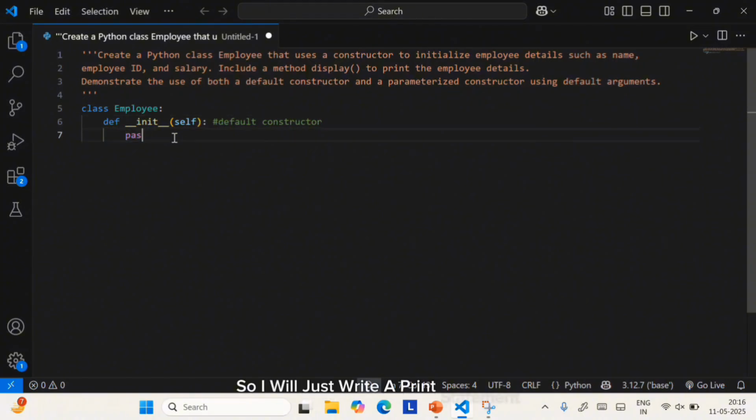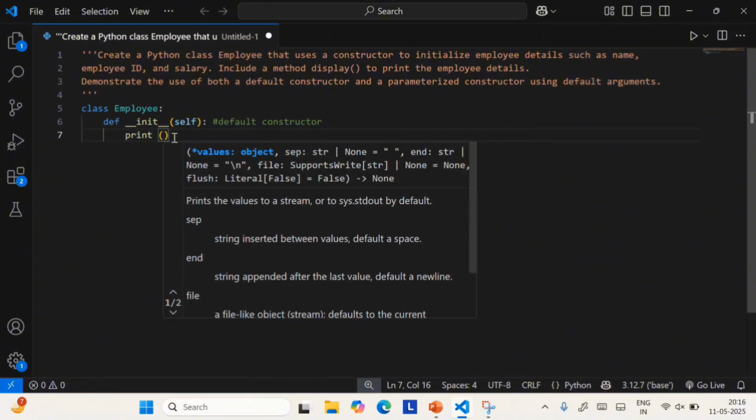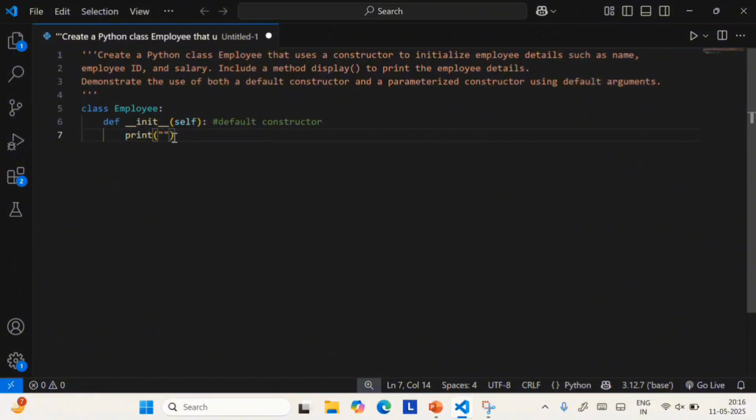So I will just write a print statement: "Default constructor is invoked." Okay. So if I want to write a different display statement, display method, I can write